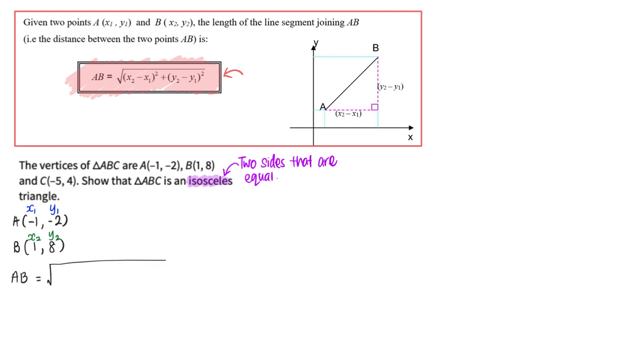This is the square root of x2 minus x1, so this one will be y2, x2 will be 1 minus -1, bracket square, plus 8 minus -2, bracket square, and this will give me a value of,